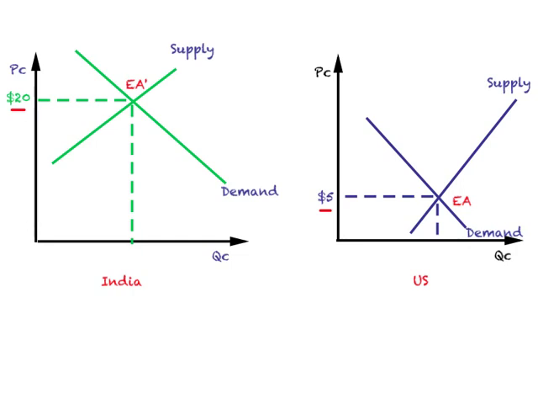Now look at the situation from the US perspective. When the price is $5 a piece for an article of clothing, the demand equals supply, so there is nothing extra with the US to sell to the Indian market. Indian consumers want to buy it from the Americans, but Americans have no extra stuff to sell to them at $5. Suppose the price rises